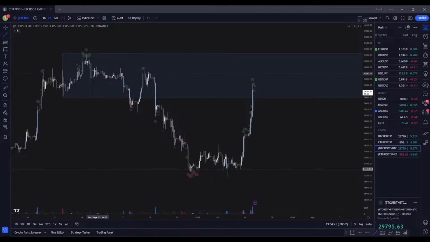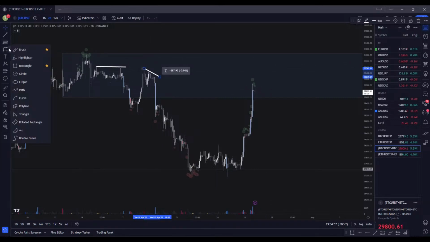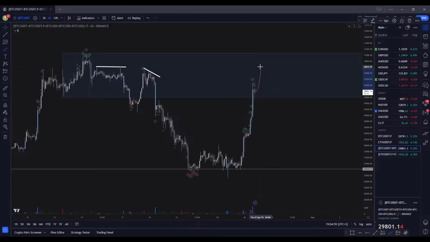What I am personally looking at, you can see on lower time frames, this 2-hour chart, we have a double top here, and we also have these decreasing lows right here. So these are weak spots in price, and very often they get tested. For me personally, if I were looking for shorts, I would like to see something like a break above these highs and then maybe look for shorts.